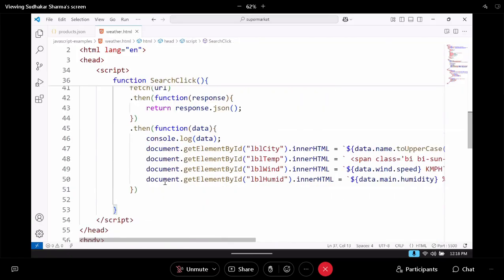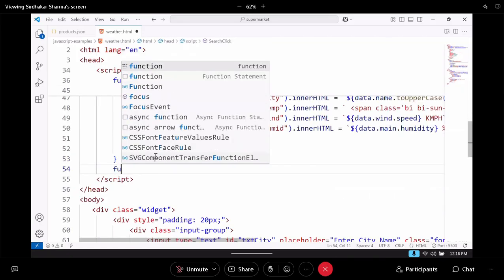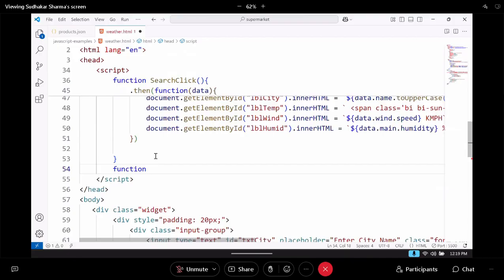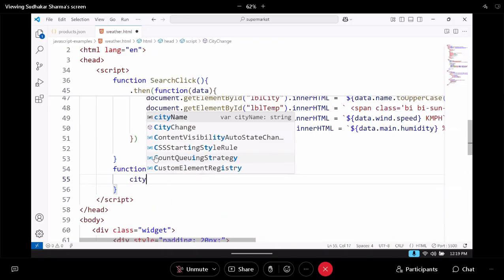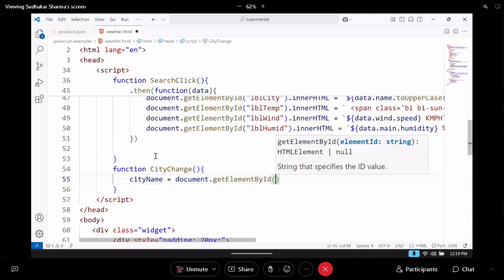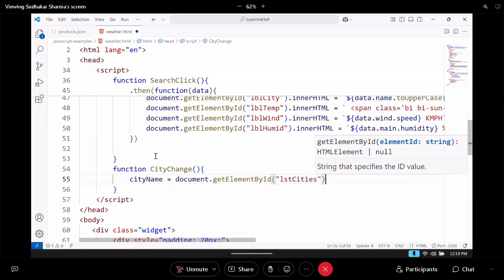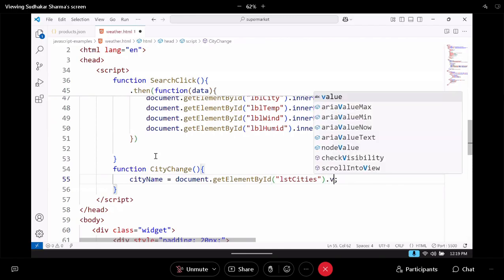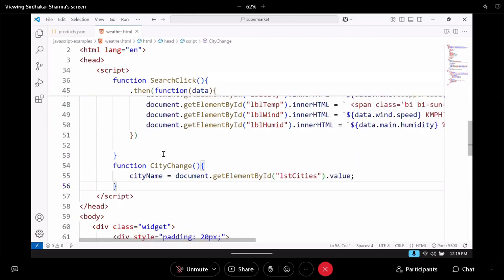And we will write another function. What is it? The function is cityChange. On city change, what we need to do? So cityName is coming from document.getElementById, what is it? lstCities dot what? value. That is the drop down value. Now after that,